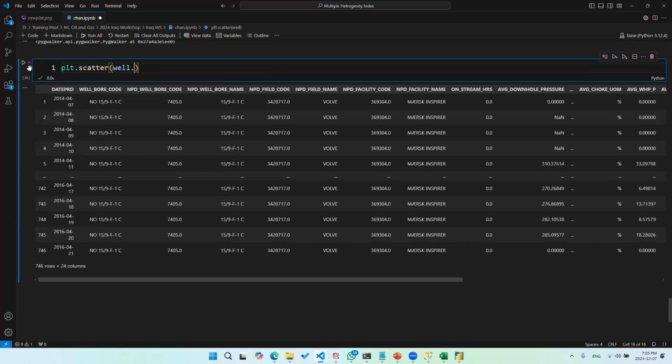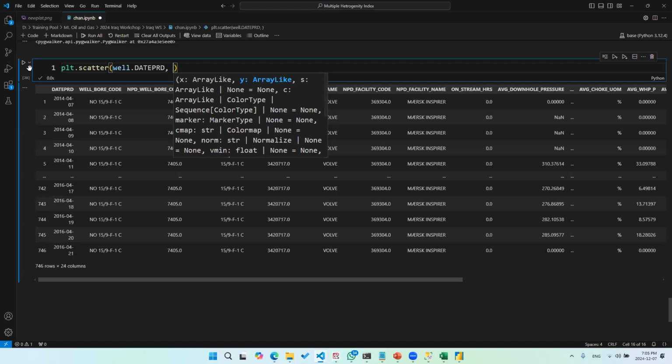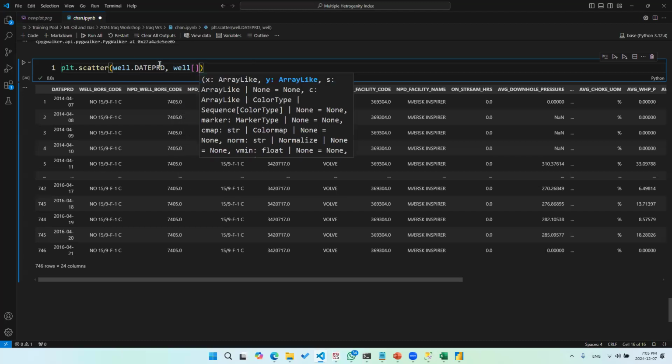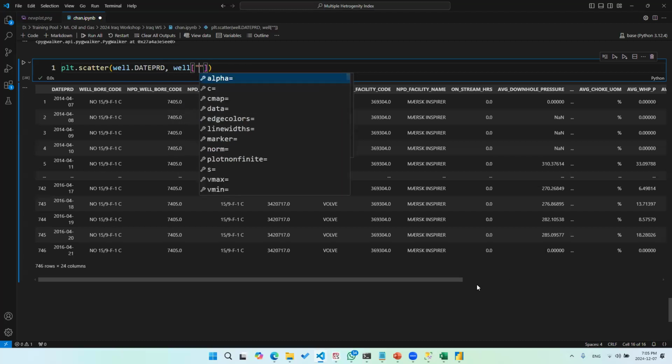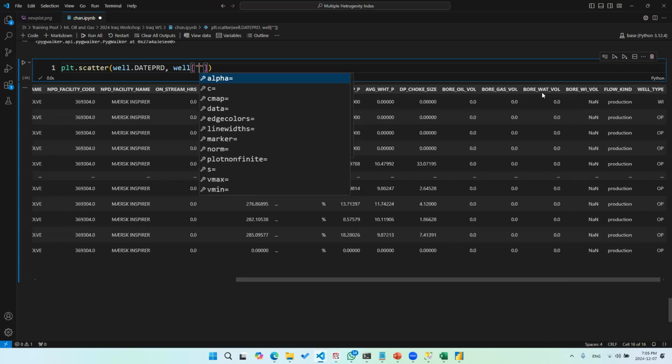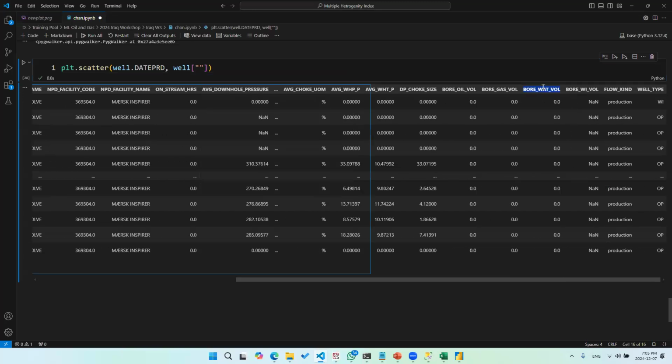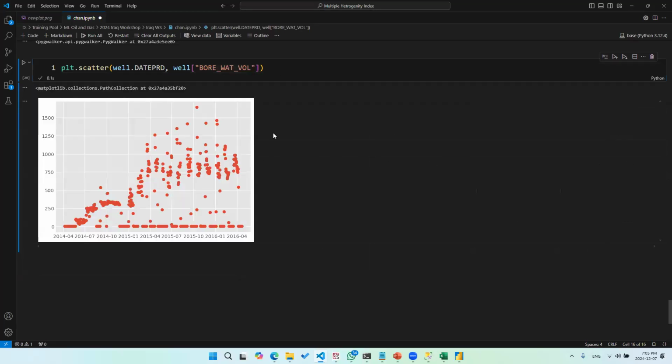I am going to use the date of the production on the x-axis, and on the y-axis I'm going to use the water oil ratio. Let's copy the name of the variable that holds water for us, and paste it. So let's generate the scatter plot. There we go. This is what the scatter looks like.